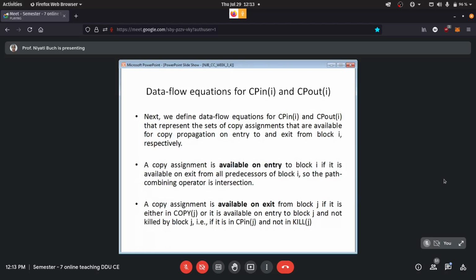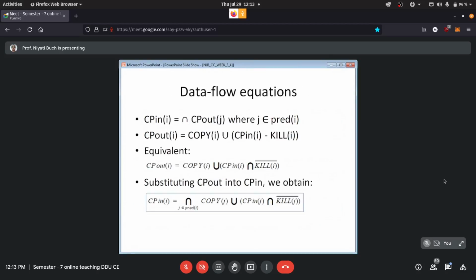So either it is getting generated, that is, that copy assignment is part of that block, or it is coming from CP in, so it is there in CP in, but it is not getting killed in that block. Then it becomes available on exit. Clear? So this is the concept. Now these are the equations that we are going to use.